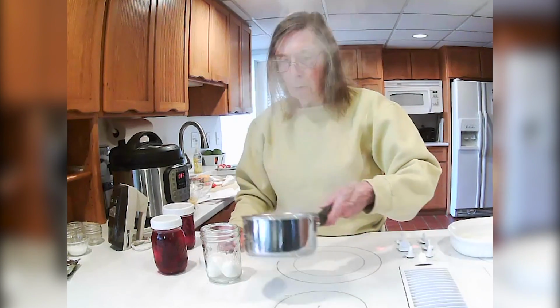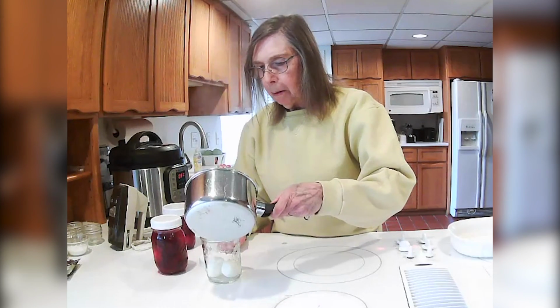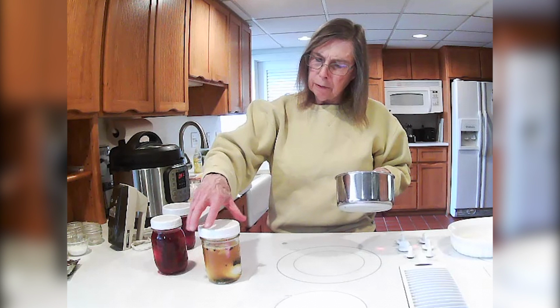Now we've brought this mixture to a boil, and I can cool it a minute, and then we're going to pour it right over the eggs, and you can see it's a nice bright yellow. We've got a 1/4 cup of turmeric in there to give it the yellow color. And then these are all going to go into the refrigerator,